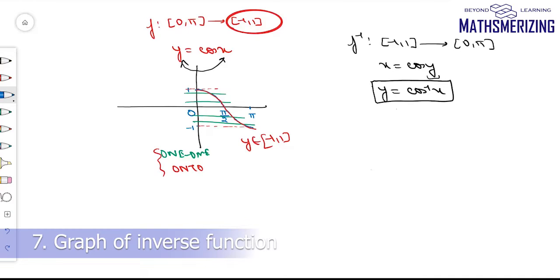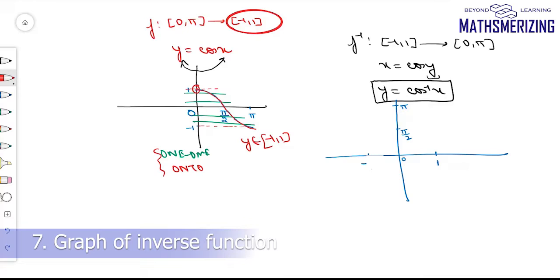So how do I draw this graph? One of the ways of doing it can be, I can draw y is equal to x line. Then I can take the reflection of this graph about y is equal to x line. Another way of drawing the graph of cos inverse x can be, now I know the domain of this function is from -1 to +1. So I'll mark -1 and then +1. And I'll also mark the values of y. So in order to draw this graph, I'll take up a point on this function f(x), and then I'll interchange the values of x and y,